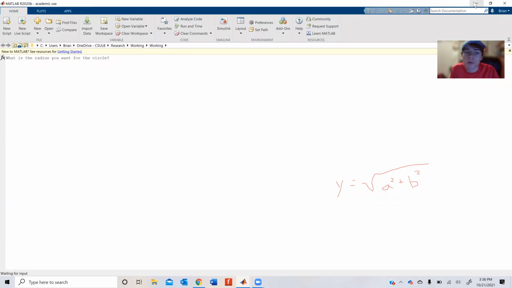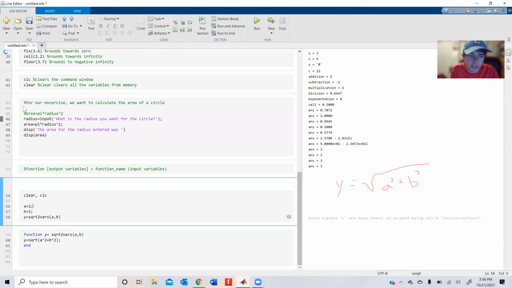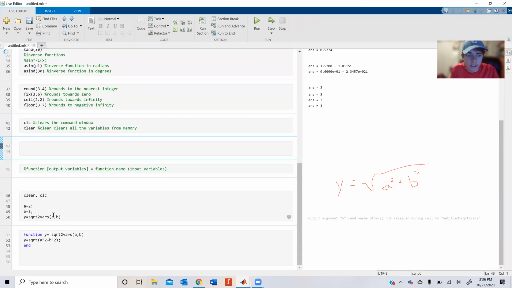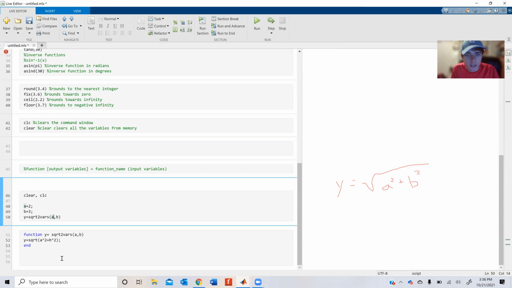Oh, sorry. It's going for the whole program. So let me delete this one we did up here for exercise. Okay, let me run this again. And when I ran that section, I got y is equal to 3.6056. And so that's how I was able to, right here, I had to put the function at the end